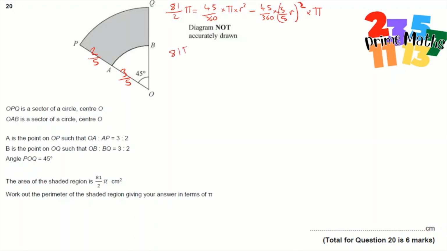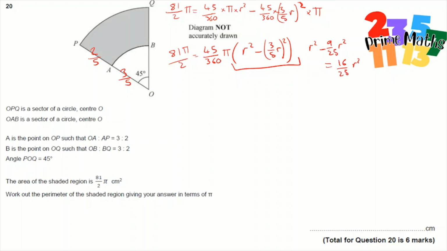I'll keep the 81 pi over 2 here. I'm going to factor out the 45 over 360 and the pi, and this is going to give us r squared take away 3/5 r all squared. This bit in the brackets turns into r squared minus 9/25 r squared, which is 16/25 r squared. So we're left with 81 pi over 2, 45 over 360 is just 1/8, pi multiplied by 16 over 25